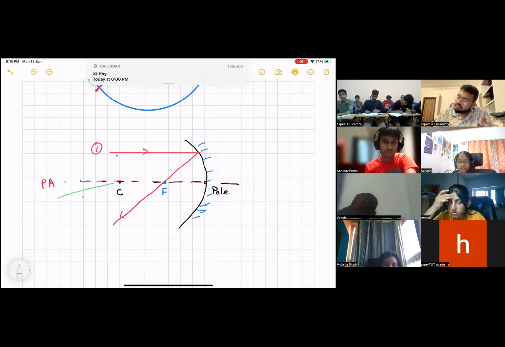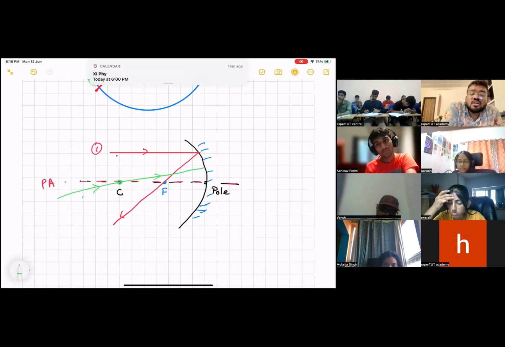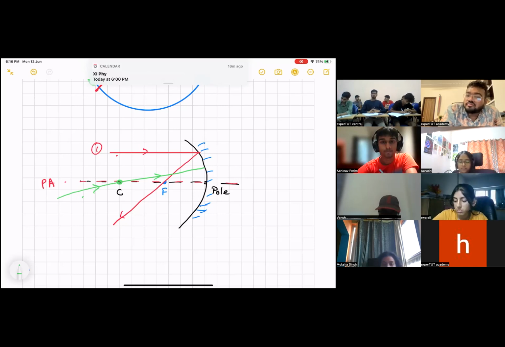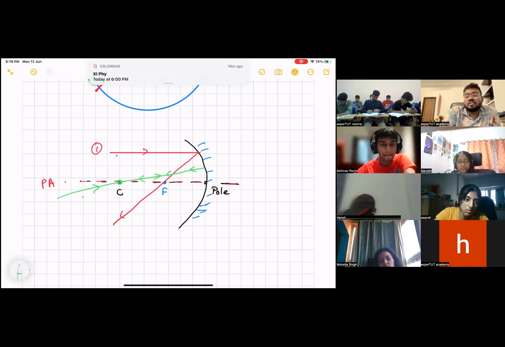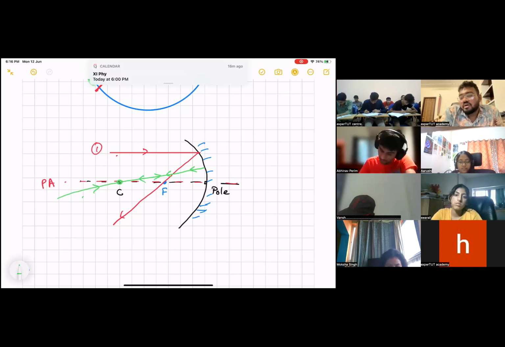Number two, any light passing through the center of curvature. If it is passing through the center of curvature, then the normal will also pass through C. So the angle of incidence I will be 0, because the incident ray itself is the normal. Therefore, the angle of reflection R will also be 0. Therefore, it will go back on its same path. So if you have a light ray coming from C, it will go back on the same path. And the third ray,